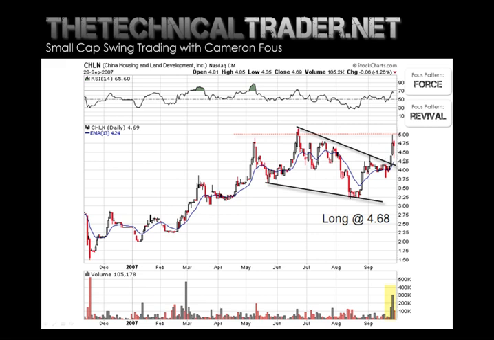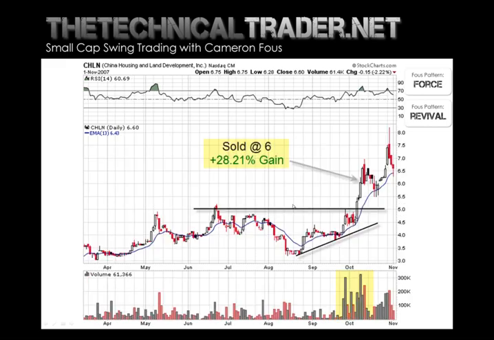So I actually went long at 4.68 after it broke out above this, somewhat of a revival pattern here. It's kind of a little sketchy play, but it broke out above this descending trend line here, and I bought on this dip at about 4.68 anticipating that we would break out above 5. So moving forward, as you can see here, this was a force pattern with a lead-in trend kind of neutral,